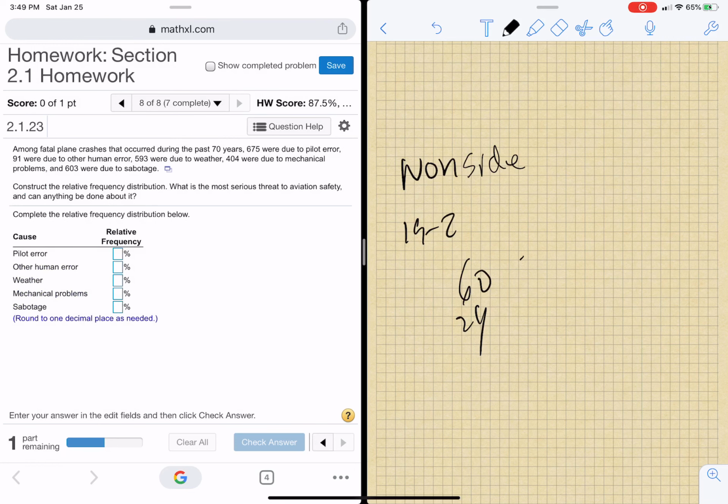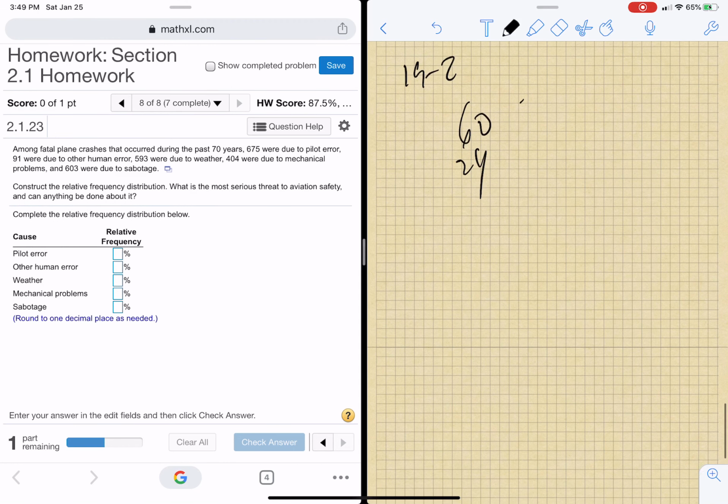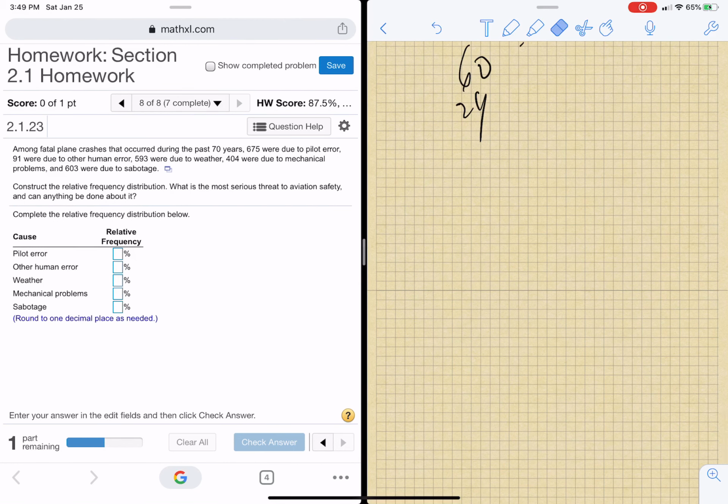Okay, so I'm looking at federal plane crashes in 7 years. 675 were due to pilot error. 91 were due to other than human, and 593 weather. 404 something wrong. Okay, so all you have to do, I'm not going to do this one. You guys can do this. Oh, 603 were sabotage. What you need to do is add these up, get a total,